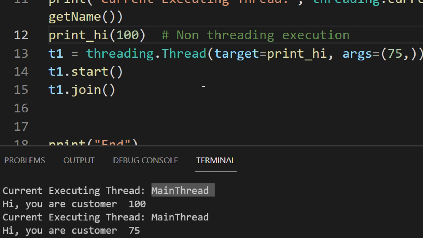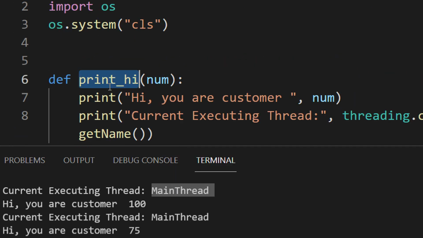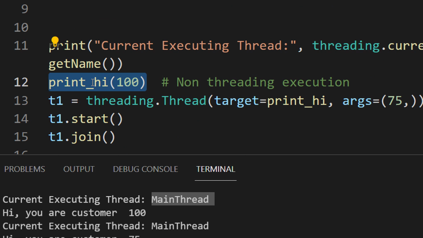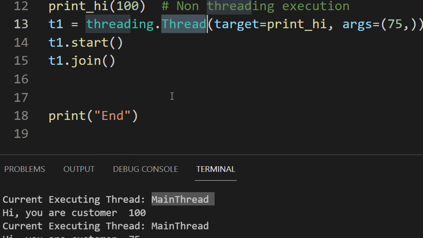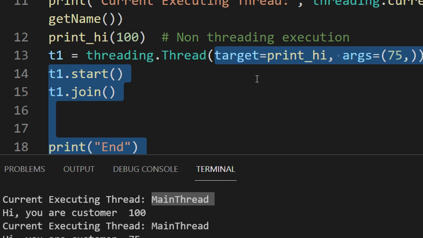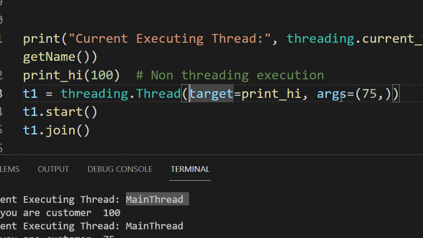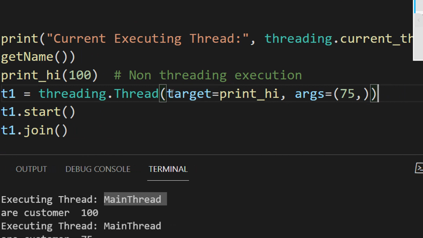Now see, again what I'm doing, I'm just passing on t1 threading dot thread. And now see, when you call a function, I'm calling the same function. There are two ways to call the function, right? One of them is this, print hi. And now what I'm doing, I'm calling the print function using this thread value. And in the target, you can see thread is a function in itself. It has round parentheses. Now I'm saying a keyword which is target, and it is equal to print hi. Basically using a thread, right? You just remember this thing.